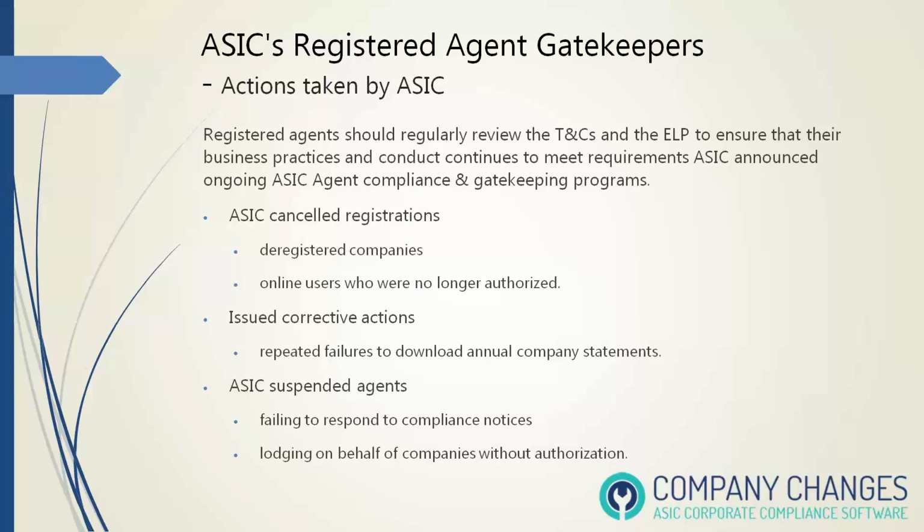As a role as a gatekeeper, this slide basically highlights the proactive measures which ASIC takes to maintain compliance. ASIC uses newsletters to keep registered agents informed about their expectations and programs. ASIC has a commitment to enforcing compliance, so they make sure that if there are any breaches, they are corrected, and they expect the agents to be transparent in what they do. They take actions like cancellation, they can take corrective measures. There have been certain suspensions of registered agents to ensure they are adhering to the rules. There's a clear indication of the seriousness with which ASIC